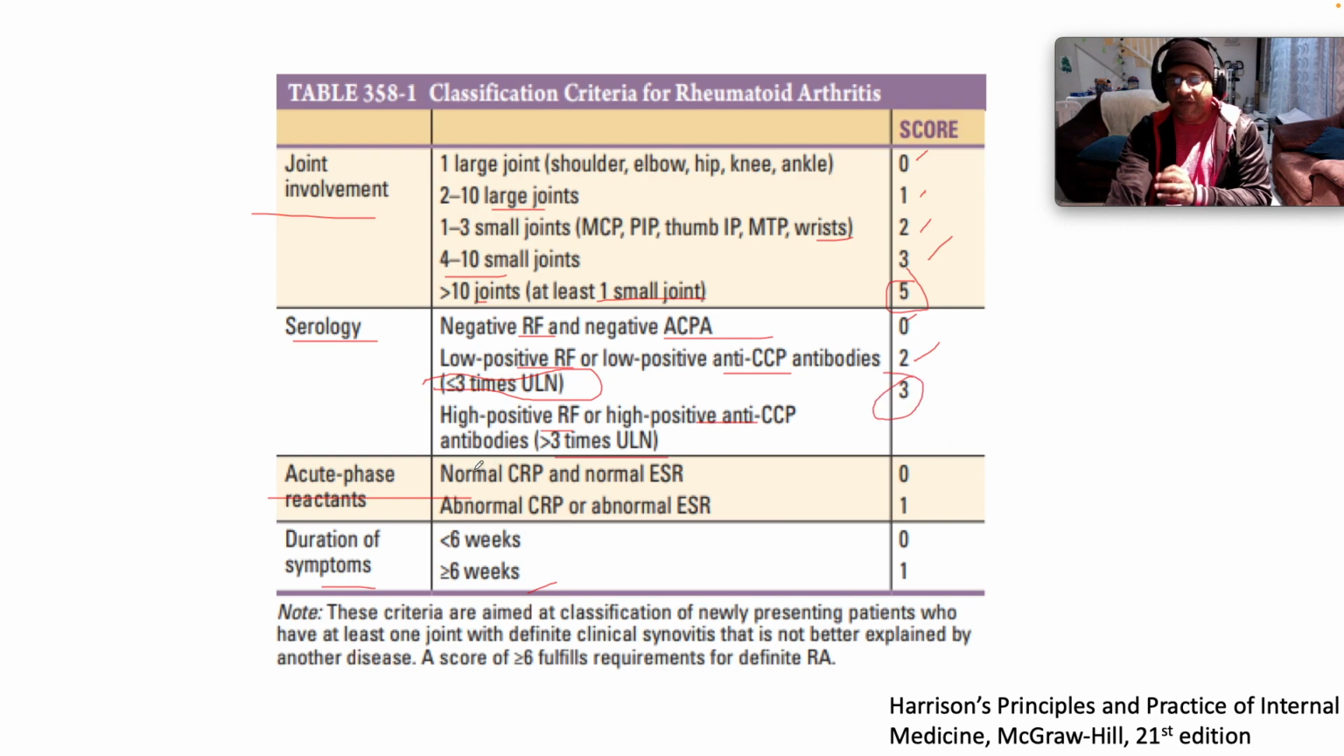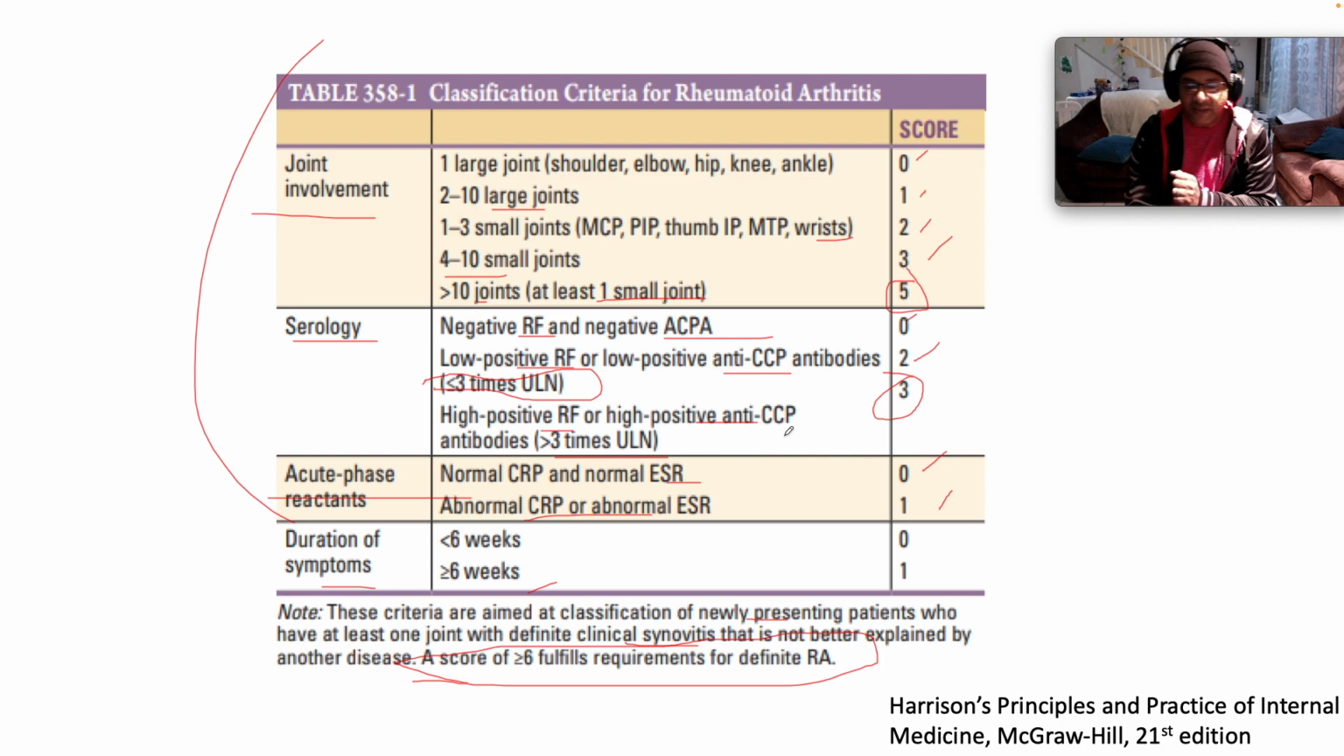And in terms of the inflammatory acute phase reactants, if you've got a normal C-reactive protein and normal erythrocyte sedimentation rate, you score 0. But if either of these are abnormal, you score 1. Right? So these criteria are aimed at classification of newly presenting patients who have at least one joint with definite clinical sign of synovitis, not better explained by another disease. If you've got a composite score of 6 or more in terms of these 4 parameters,